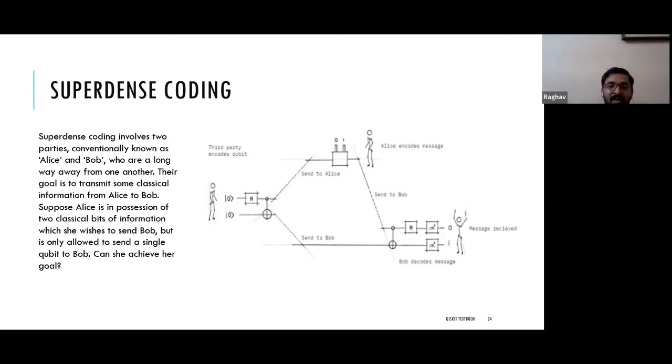So here is Alice. Here is Charlie, who will entangle. This is the Hadamard gate. What it does is change the quantum state into a superposition of two equally probable states. In our case there are two states, 0 and 1, so 1 by root 2 into 1 plus 1 by root 2 into 0, and it is Alice who will share her bits, and here Bob will measure it.